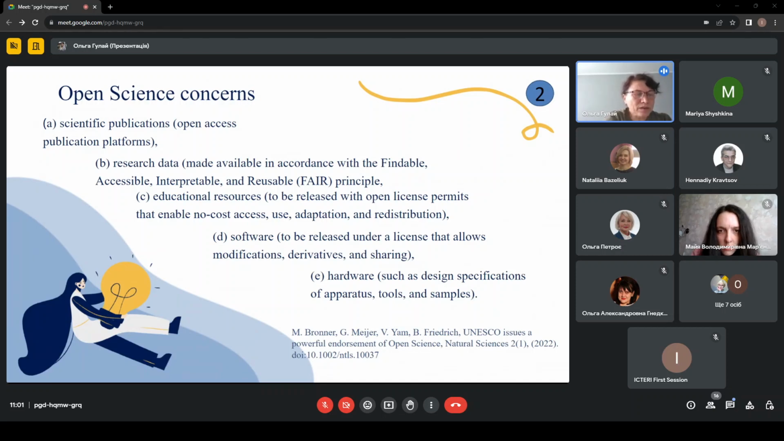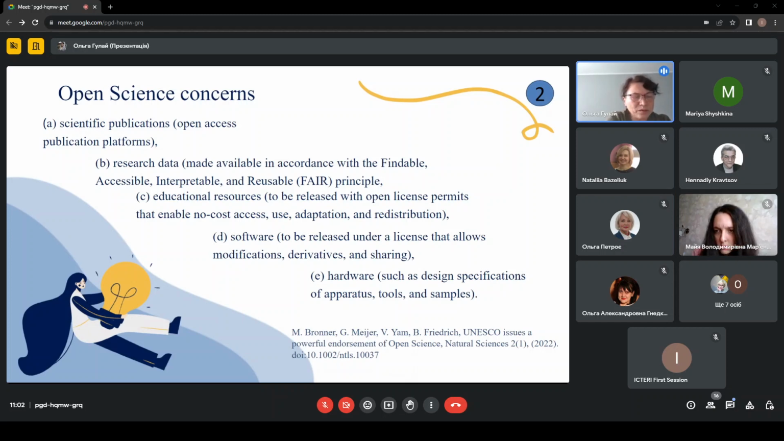Open science should help reduce inequalities in access to scientific development, infrastructure, and opportunities between different countries and researchers, regardless of gender, nationality, or level of financial security. Such open science concerns: